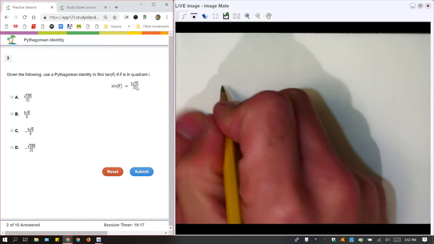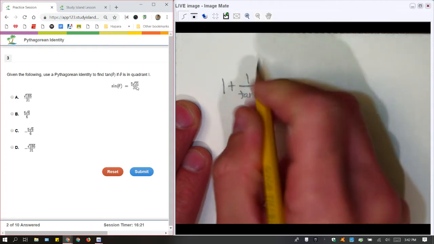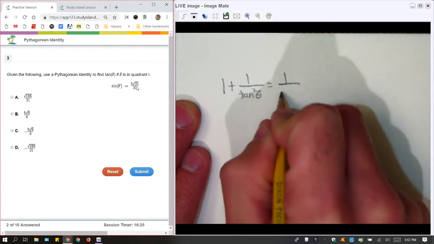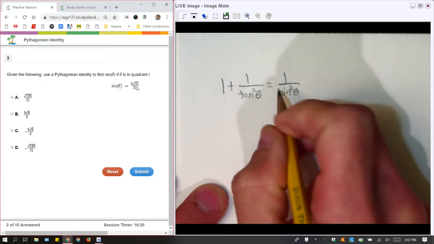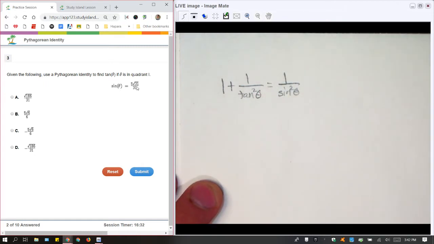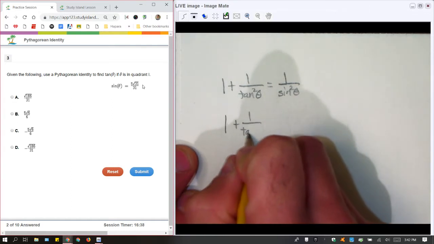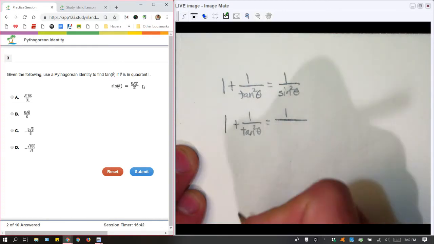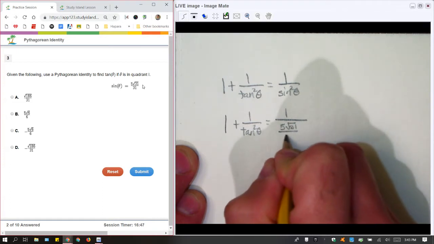So you've got 1 plus 1 over the tangent of theta squared is equal to 1 over the sine of theta squared. And now we just fill in our information. We know the sine of theta is 5 root 31 over 31. So 1 plus 1 over the tangent theta squared is equal to 1 over that whole thing squared. So we've got 5 root 31 over 31